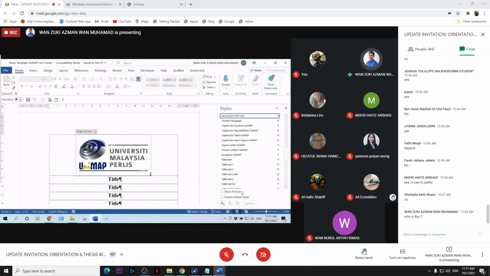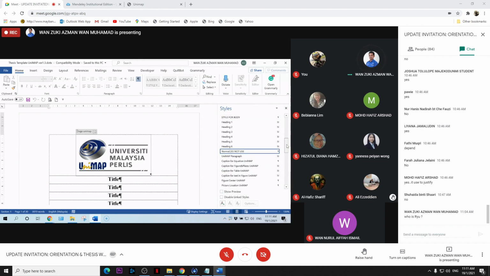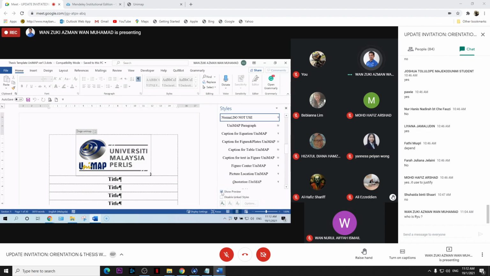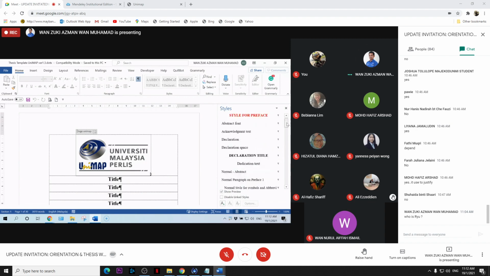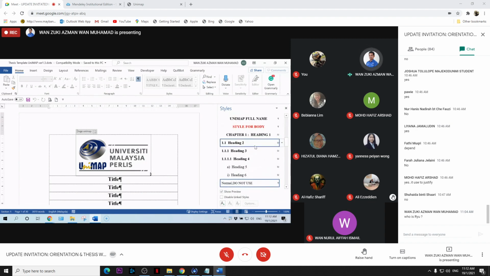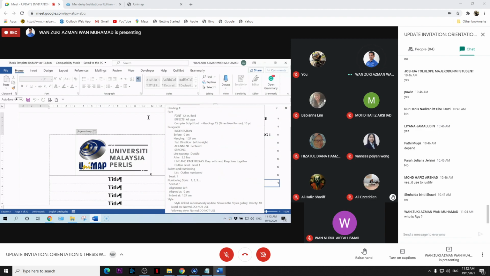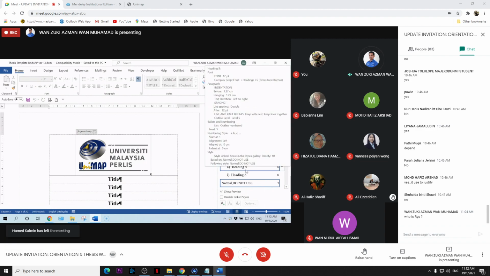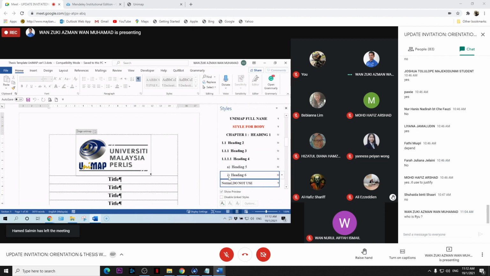And then I suggest you to click Show Preview. If not, here we just list the styles, but you cannot see the preview. So I advise you to tick Show Preview, so you see the preview. You can see Chapter 1, Heading 1 and Heading 2 in bold, and then Heading 5 and 6 not bold, but they have A and 1 Roman.